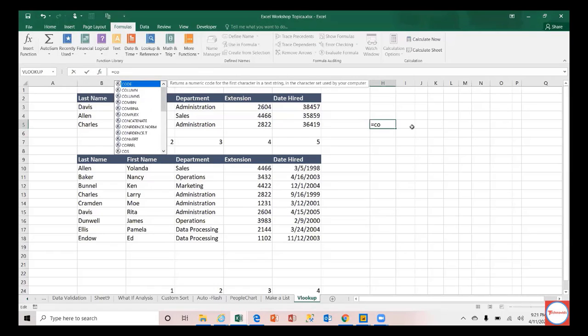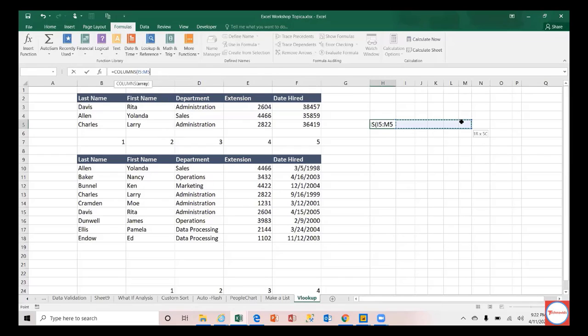It's always better to press this. COLUMNS of some cells gives the number of columns within that range. So J5 to M5, J is here, 1, 2, 3, 4, 5. That's what COLUMNS does. Whereas COLUMN will give the column number, COLUMNS will give the count.